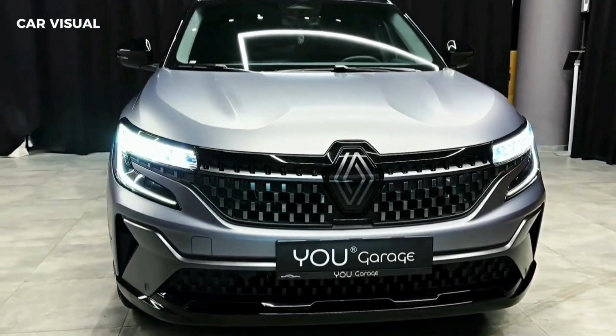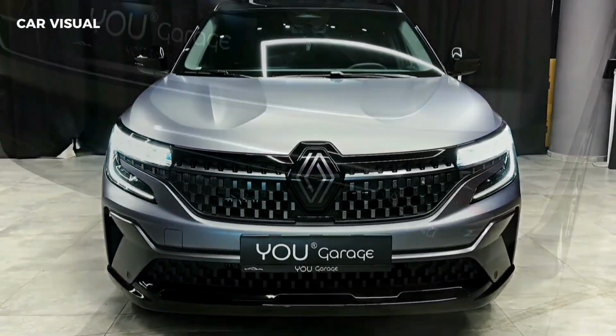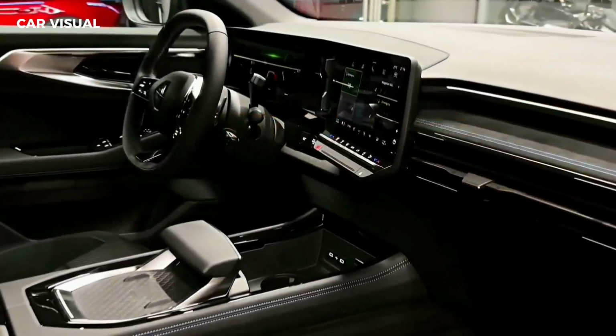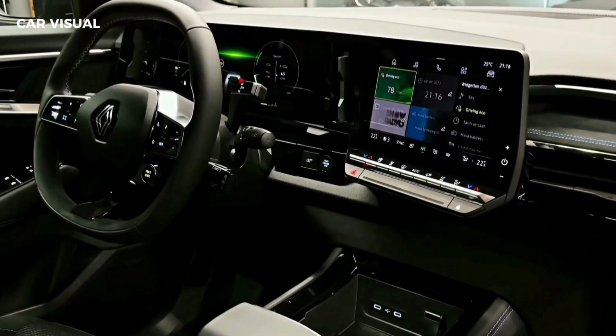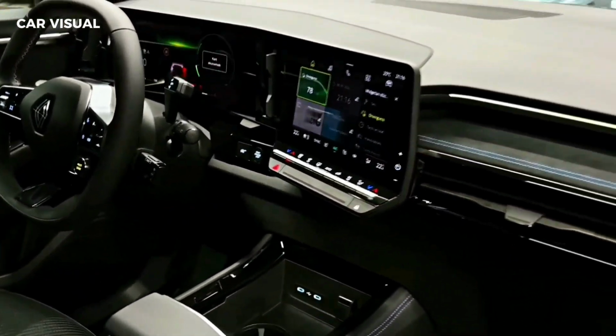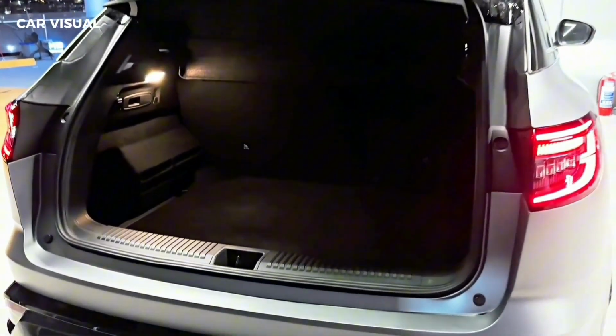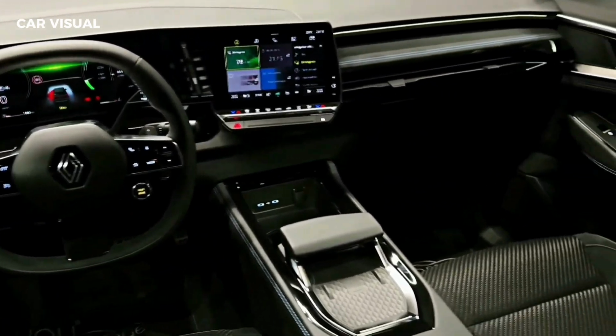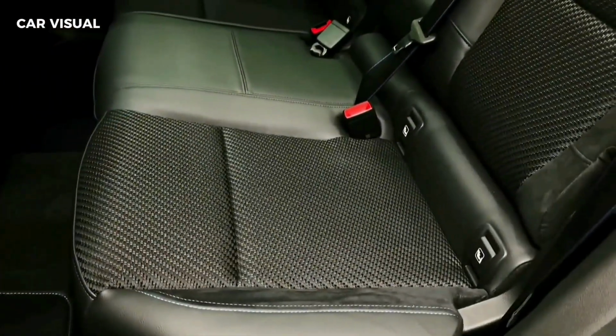The Austral uses a 1.2-liter petrol engine and an electric motor to produce 200 brake horsepower and achieve up to 60.1 miles per gallon. It also emits less than 110 grams per kilometer of CO2, making it attractive for company car drivers. The hybrid system is smooth and responsive, and the Austral can start and drive on electric power alone